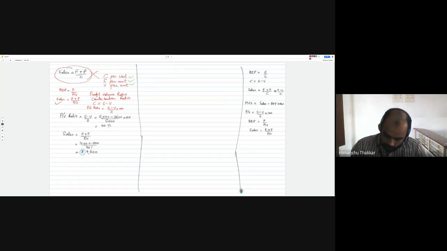So, example number 2 of what we are doing right now. First of all, you are required to find out BEP in rupees. So, I do it with the basic formula. You can use any of the formulas. F upon C. Now, can anyone tell me what is the value of C? C is equal to S minus V. Our S is 20 and V is 11 plus 3, 14. Material labor and variable overheads will be your variable expense. So that is 14. So your C comes out to rupees 6.